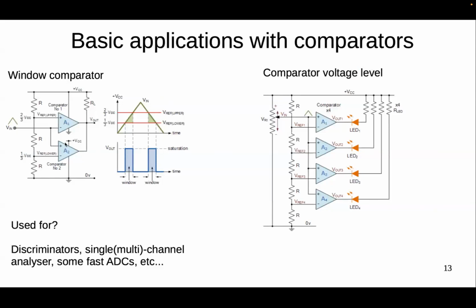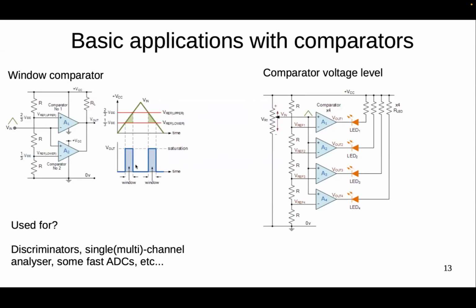Here we have this inverted comparator at the top, and this one is not an inverted comparator. Here we can set specific reference ranges: the upper range of this window that we want to select, and also the lower value of the window that we want to select, which is this one. And we create this selection window